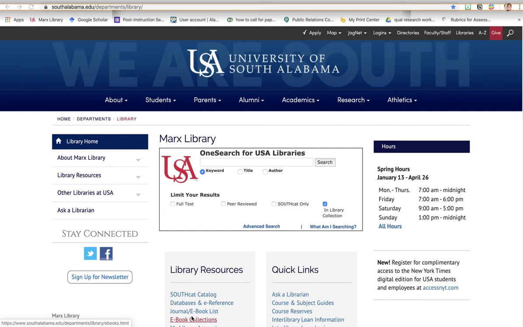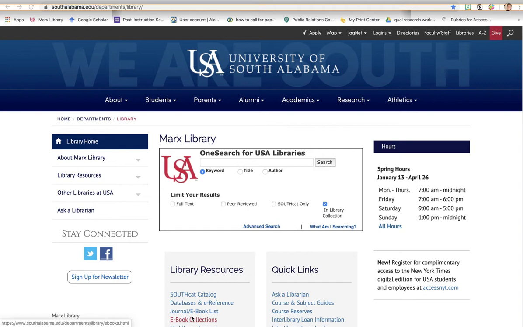To show you a couple of ways that you could find information. So I'm going to show you how to search the book catalog. That will give you the titles of several books that are here in the library on the main campus. And then I'll show you also how to access some ebooks that you would be able to get without coming